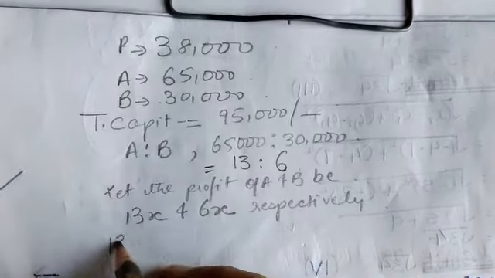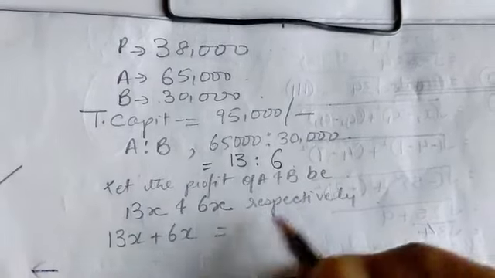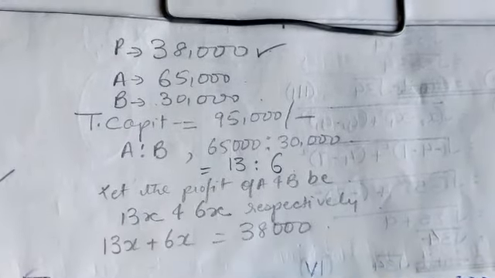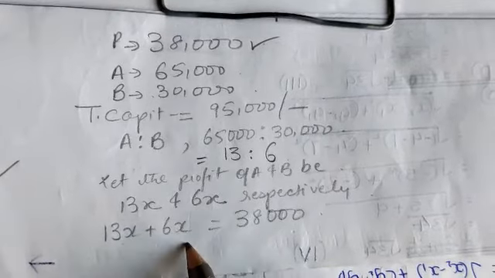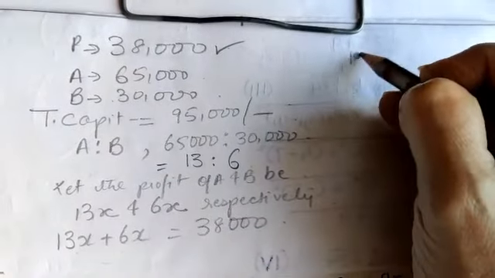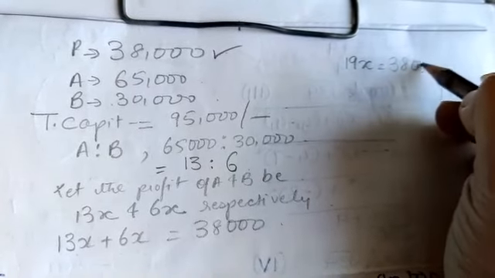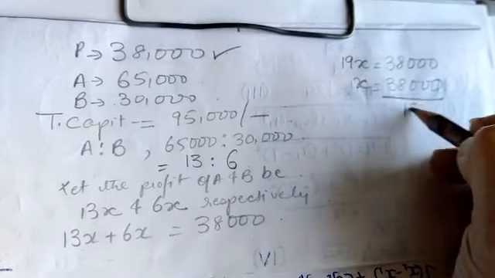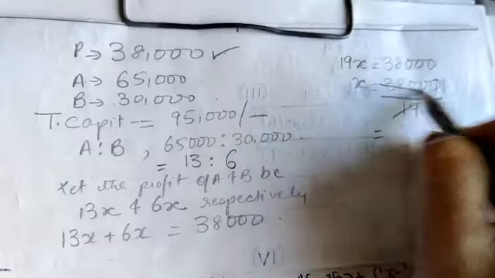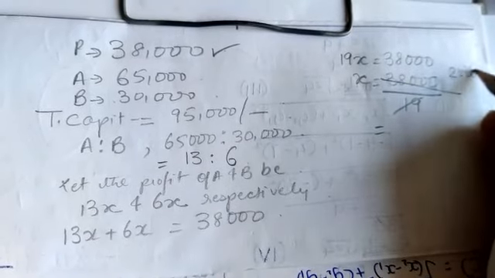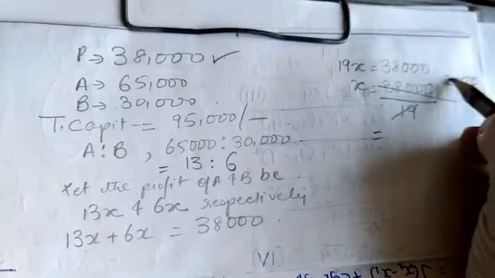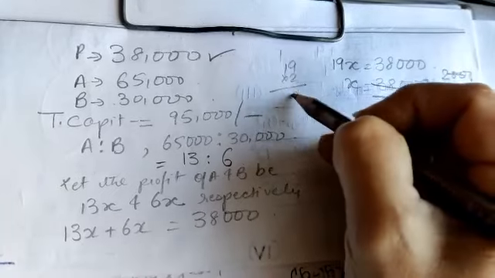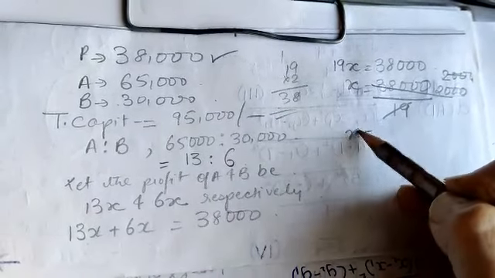Okay, so we know that 13x plus 6x is equal to total profit, and total profit is 38,000. So 38,000 is what we'll write. Now here 13x plus 6x is equal to what? 19x is equal to 38,000. When we solve this, we'll find out the value of x. Okay, 19 twos are 38, right? 19 twos are 18, 38. So x is equal to